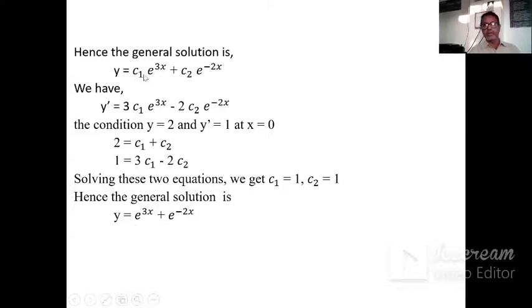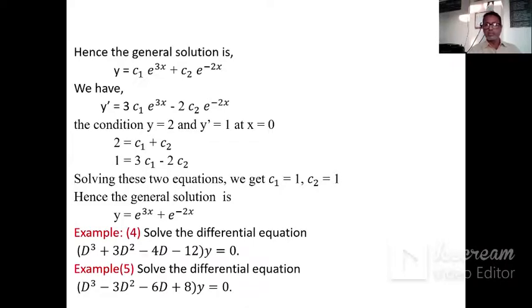In the previous two examples, we found only the general solution. Now in this example, we find both the general solution and the particular solution which satisfies this condition. Here in this solution, if you substitute x = 0, then we obtain y = 2, that is 1 + 1. Take the derivative of this, and substitute x = 0, then you obtain y dash = 1. We check whether our particular solution is right and whether it satisfies the given condition.